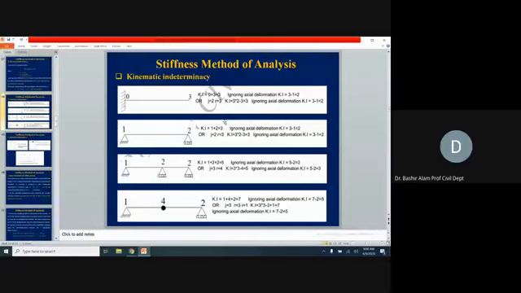So 3 minus 1 is coming 2 again here, which you can see here. So by observation is the top line, and by formula we have this bottom line, and both are matching now. Similarly, if we go to this second diagram, at the left we have a hinge support,